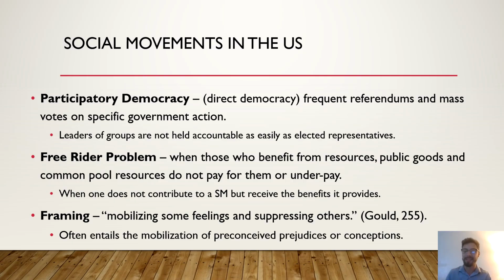We all have a tendency to disagree. If we don't, somebody in the statistics of the world will find a tendency to disagree. And an additional problem within social movements is what's referred to as the free rider problem. At various points in U.S. history, we've seen this focused on by various collectives, but it generally states that when you have a social movement of a collective advocating for progress for their specific demographic or collective, you see that there are also those who align with that group but do not pay into the general pool of funds or the common resources that are utilized by that collective. So, what do I mean by this?